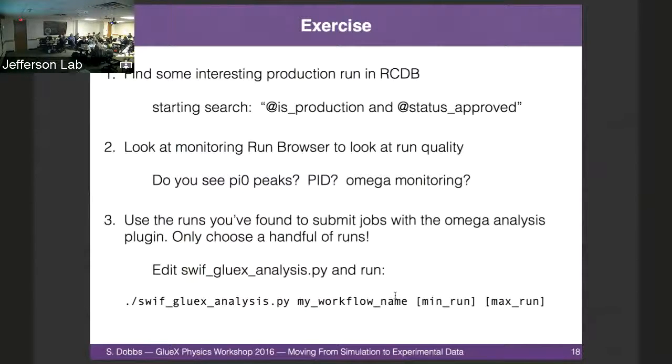And so that will, just pick, say, two or three runs, something like that, and try this out. So while you're looking at things, let me